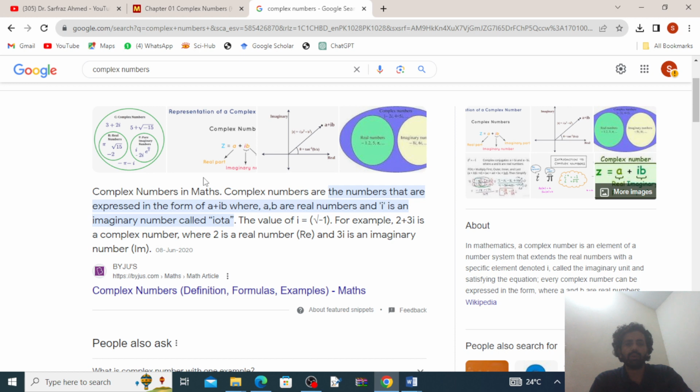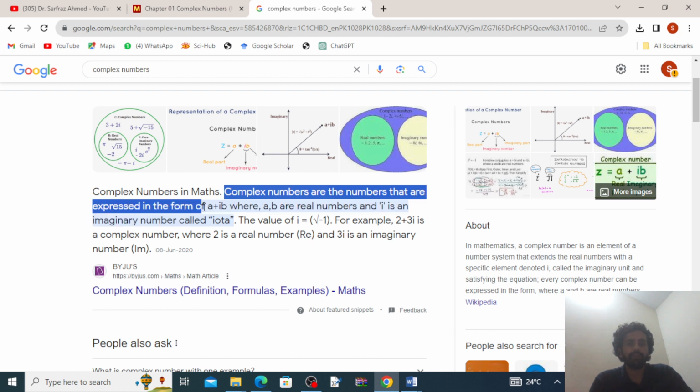Complex number, because this is the course of calculus and analytical geometry. And firstly we study the complex numbers, कि complex numbers क्या होते हैं. So here is the definition of complex numbers in math. Complex numbers are the numbers that are